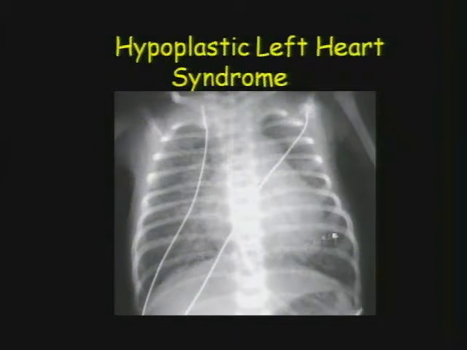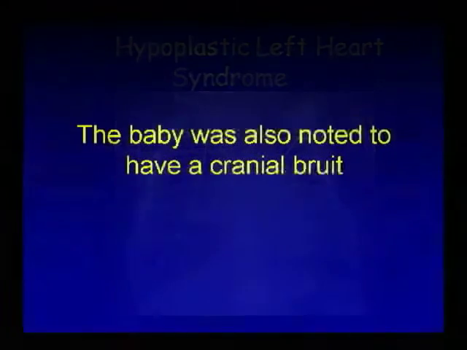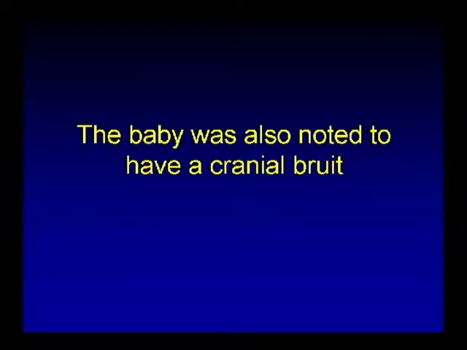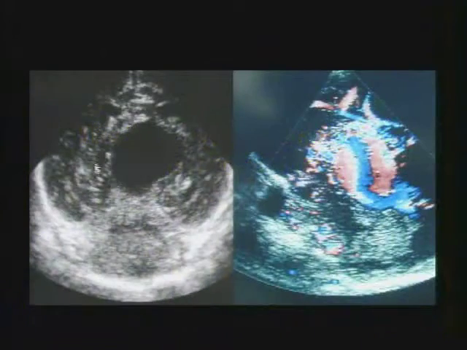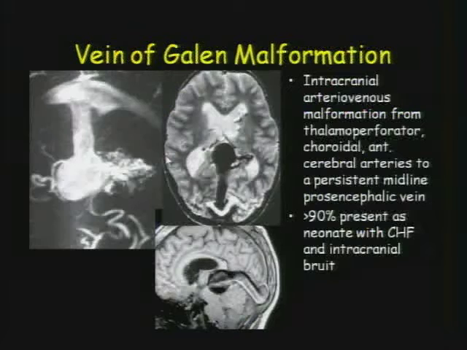Here's a patient who has a hypoplastic left heart, a left heart outflow obstruction, cardiomegaly, vascular congestion. This particular baby that I showed you the first chest x-ray on also was noted to have a cranial bruit, and we can see a hypoechoic mass in the pineal region. Here you can see on the sagittal view above the cerebellum that we have sort of yin-yang, very hyperactive flow in that mass, so it's a vascular mass, and this was a vein of Galen malformation, which is an intracranial arteriovenous